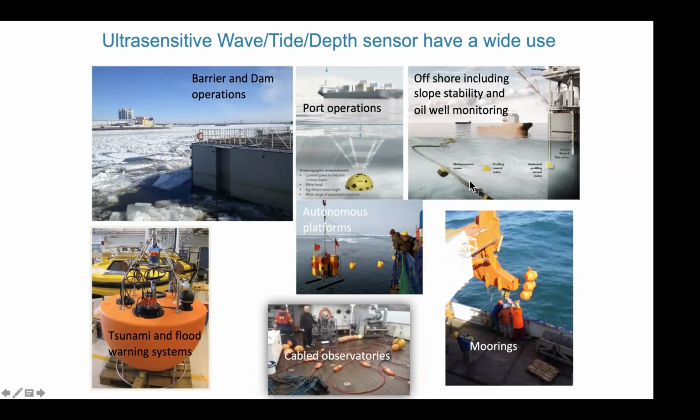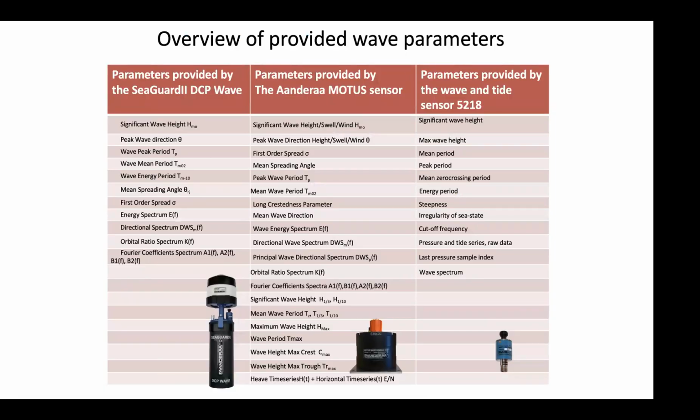We have some companies that use more than 200 of these pressure sensors to survey oil wells and look at whether the seafloor is moving, and they need millimeter resolution from 1,000 meters depth. They look at whether oil wells are moving or collapsing, and then you must put more water into them. And if we compare the different methods, if you want the highest quality of waves, if you